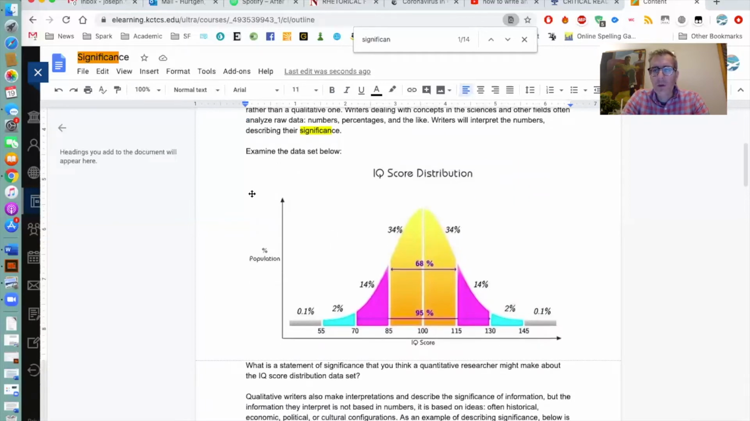But quantitative writers, they might look at a data set and they might come up with some kind of conclusion about the data set. So maybe they would look at a data set like this. This is IQ score distribution. An IQ test is supposed to measure what's called the intelligence quotient, which is essentially the ability to recognize patterns. Now, if you look at this